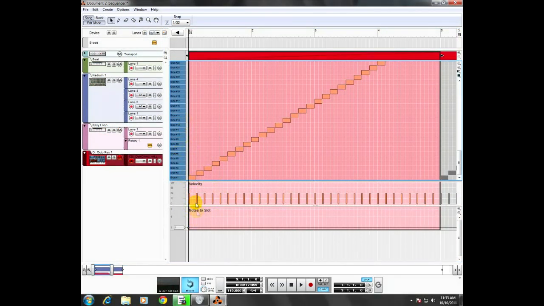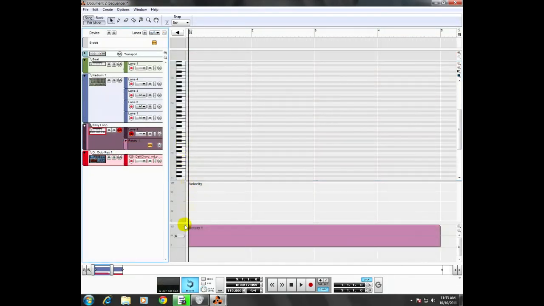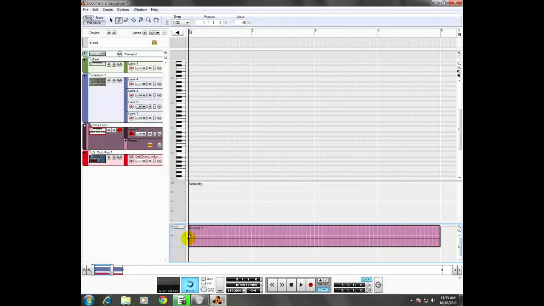You'll see now that we have the automation for the sequence of the loop, and in this case we want to go to here, and you'll notice that it starts with the rotary connection of what's being automated. In this case we want to set the value all the way up to 127, and you're going to hit the pencil key and select the first one right here at about 38 Hertz, and we're going to go all the way over here to 127 at the very end, creating a line, and then pressing the select key,